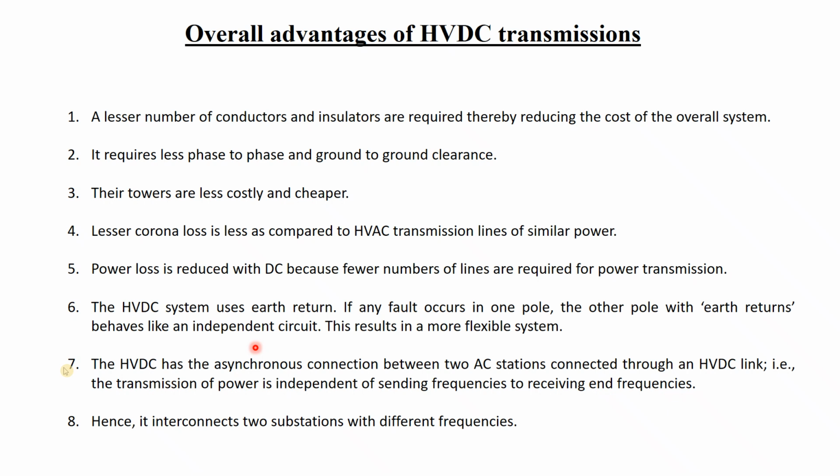Now if the ground clearance is less, that means the distance from the conductor to the ground is less, so the capacitance will be more, because the equation for capacitance is C equals epsilon A by D. If the distance D between the transmission line and the ground is less, then the capacitance will be more, and the leakage capacitance current will be more. So it will reduce the actual current.